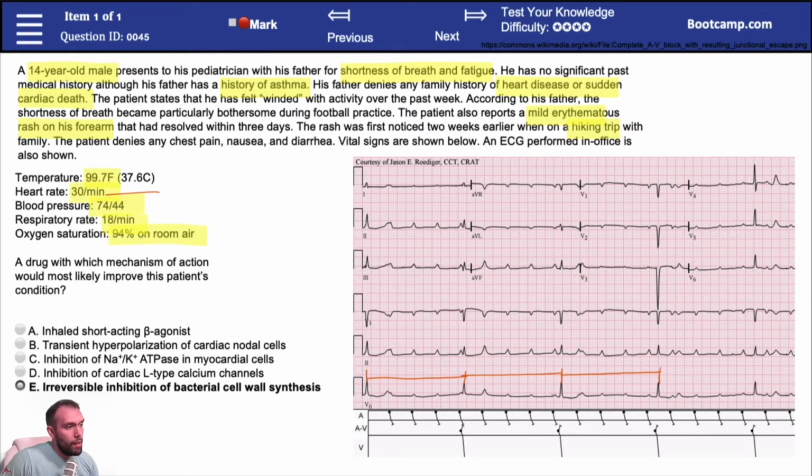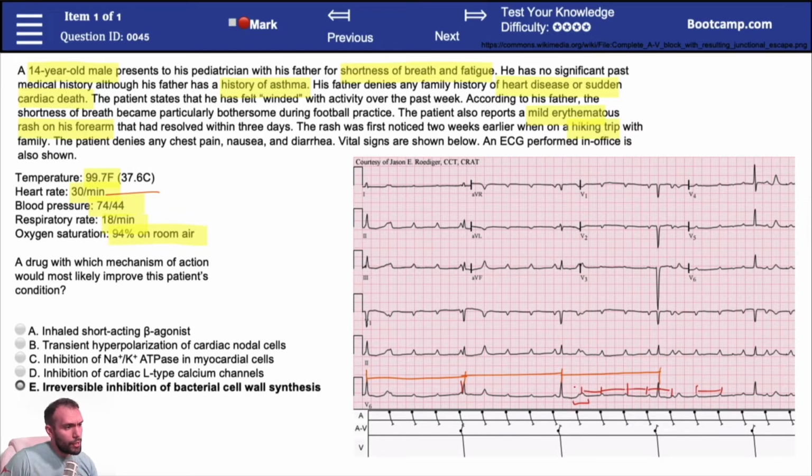Okay? And then we can see these P waves here. The P waves would be the next thing I'm looking at. These are all pretty regular intervals between these P waves. You have to be careful for the T waves, right? You don't want to confuse T waves for P waves. I think here's a really good depiction of an overlap of a T and a P wave. So I know there's a P wave here, P wave, P wave, P wave, P wave. So the intervals between the P waves are pretty regular, and the intervals between the QRSs are also pretty